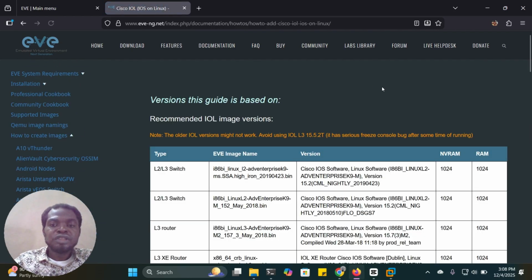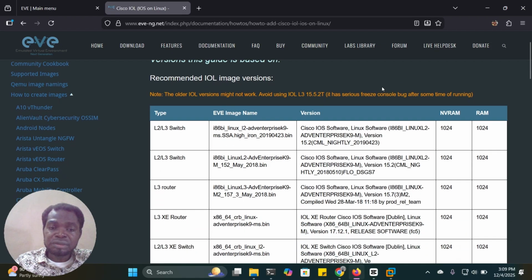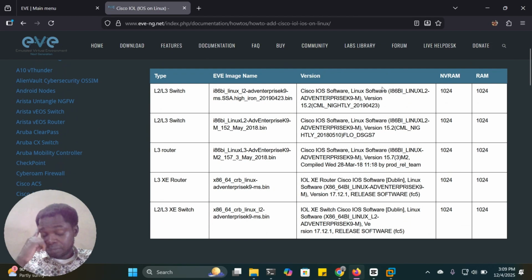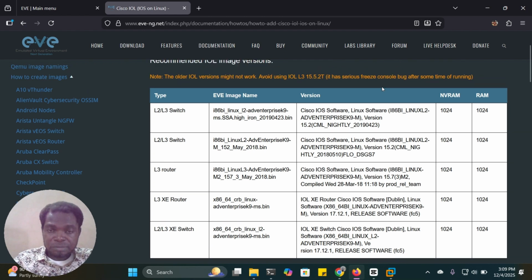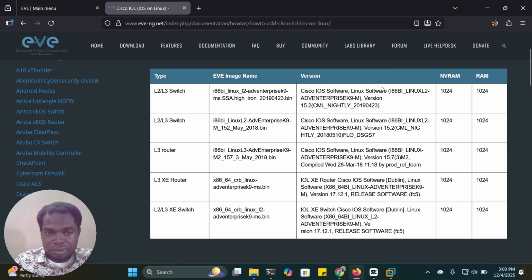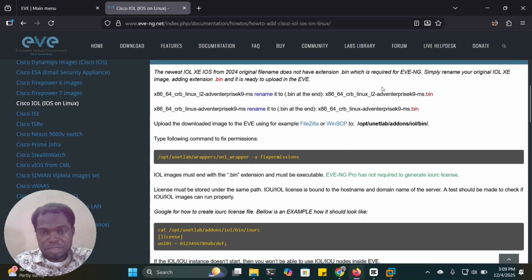In case you are having issues extracting the image from the Cisco CML, you can just copy one of these links and put it on Google. You will get an IOL image lying around online. However, I don't have any right to share them with you.